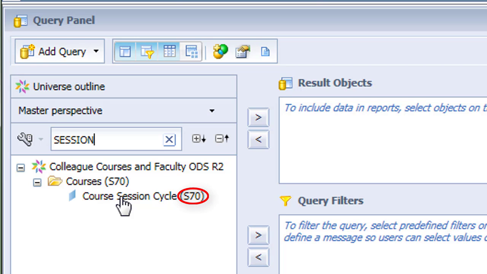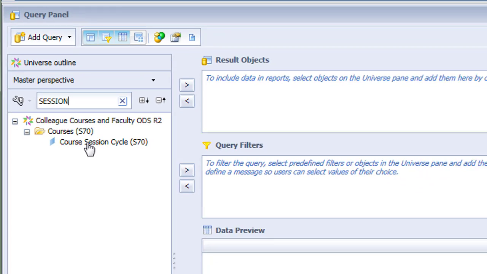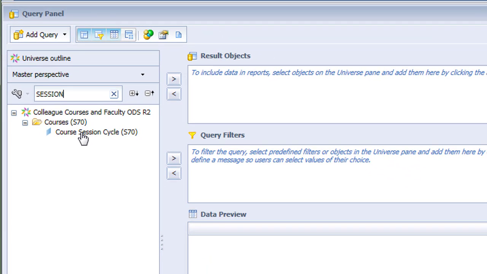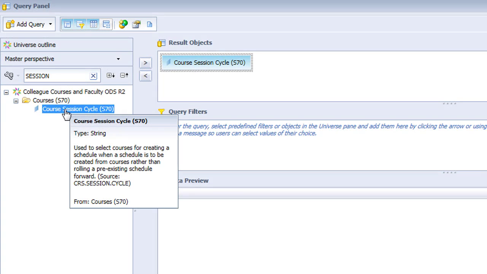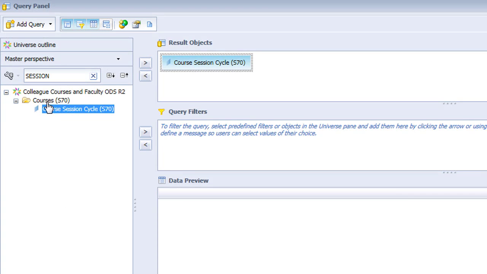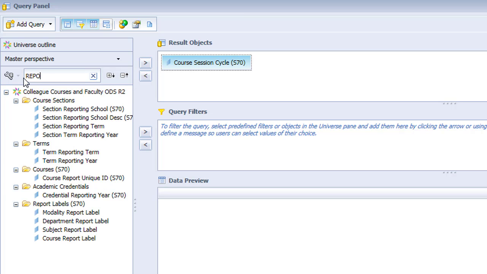The S70 is a unique code to Southwestern College that indicates this field was added locally and not part of the standard delivered CROA database. We hover over the field, and sure enough, in the description we see that the field is coming from crs.session.cycle, exactly what we hoped. We select that field by double-clicking. Then we search for our second field by entering the search phrase